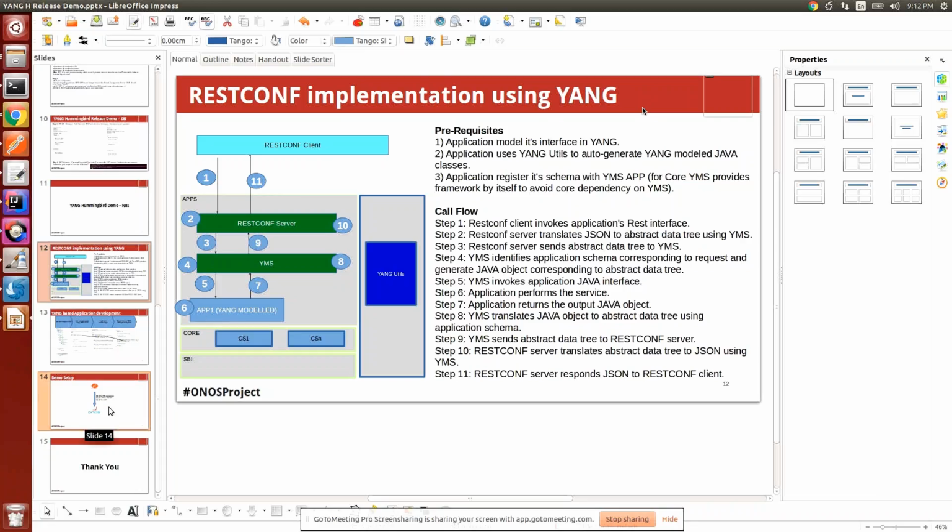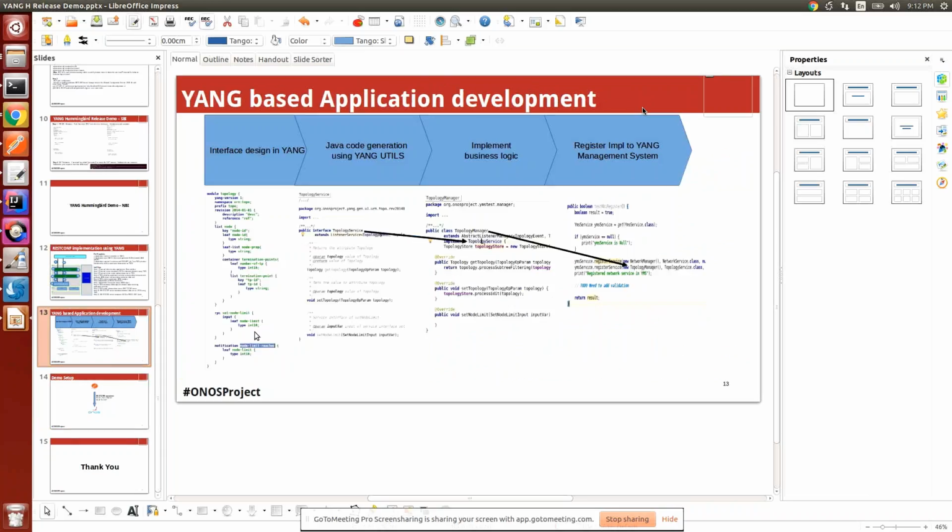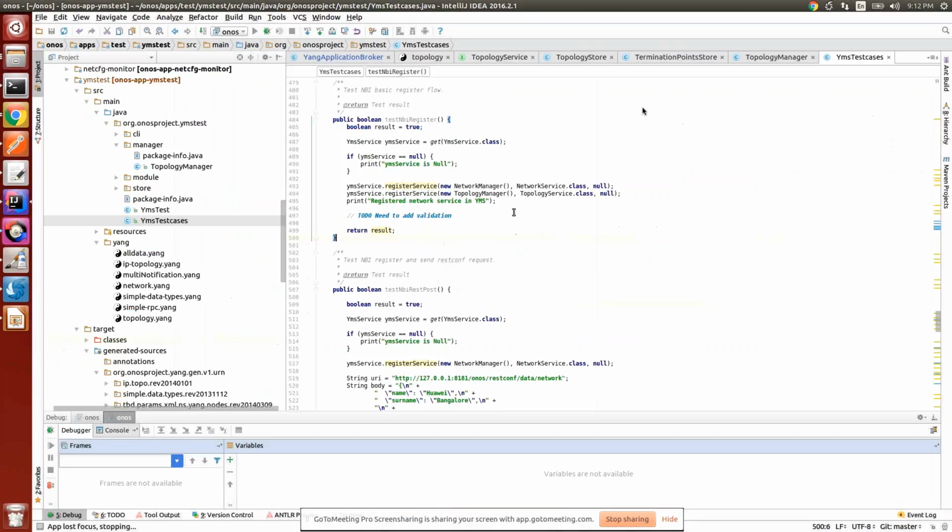Since there is a shortage of time, I will not be going through this, because the YANG utils generation is already covered. The basic thing that we need to do here is register the services. Here we tell what the manager is which is implementing it, and what the service is that it is implementing. Once this is registered with us,